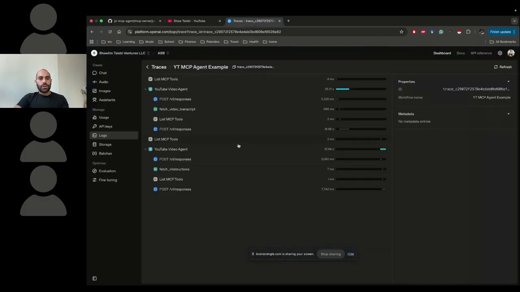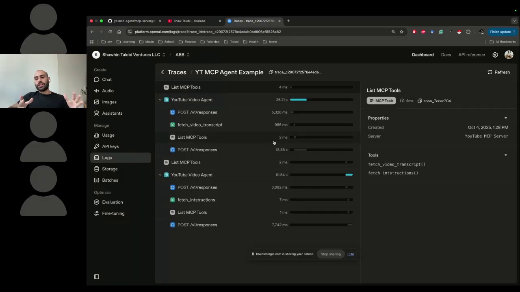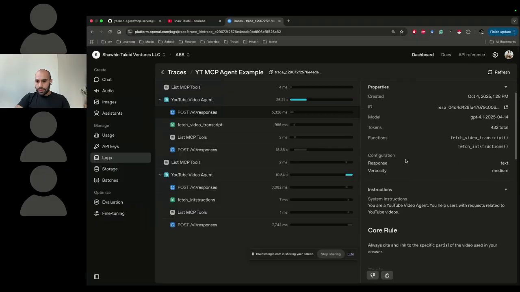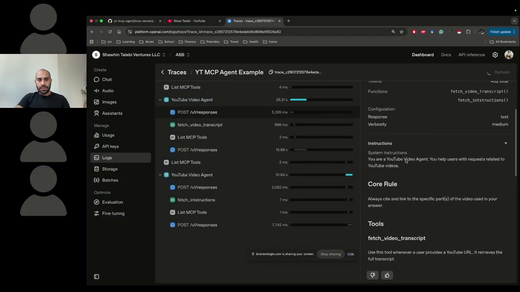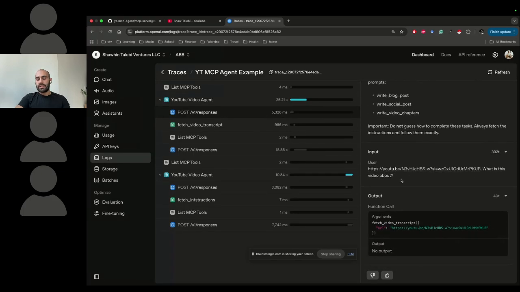But the last thing I wanted to show is this trace here. So we can look at the full conversation, the full trace of what this AI agent was doing, using that trace link from earlier. So you notice that the first thing the agent does is that it lists the MCP tools. So this is a standard behavior. And then we can see that we had this initial request, which has the system instructions, and then it has that initial request that we sent. So we have the YouTube video link, and then we had what is this video about.